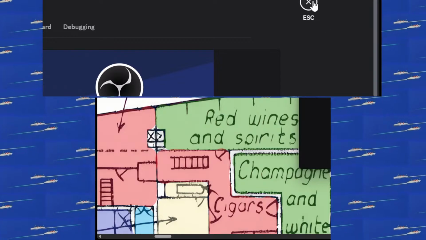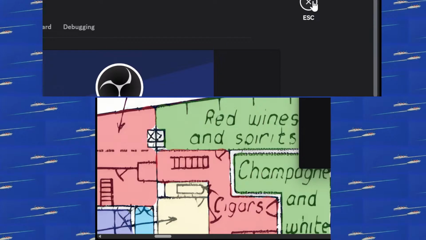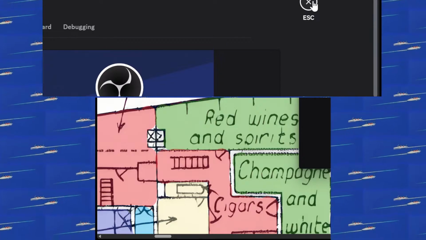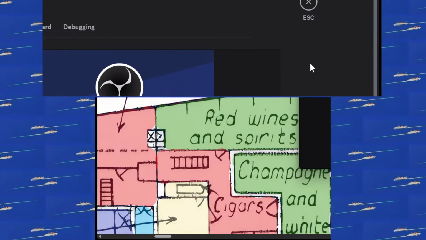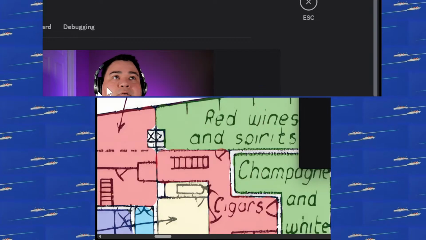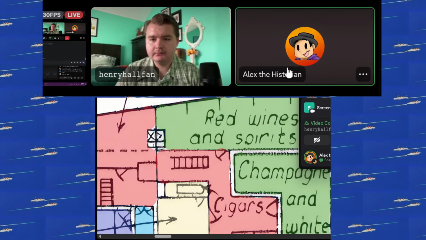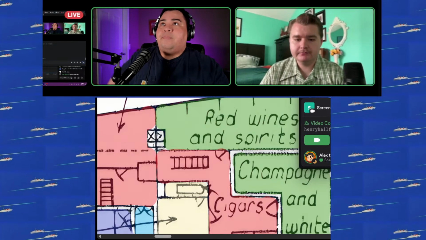My camera's completely gone. It doesn't show it on the thing, so it must be disconnected. I keep plugging and unplugging the camera. Oh, there we go. All right.